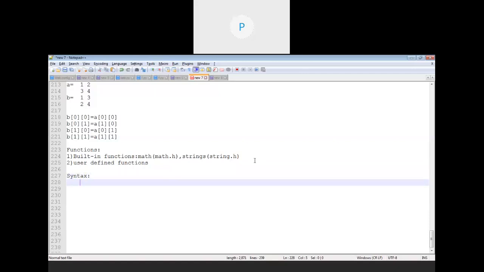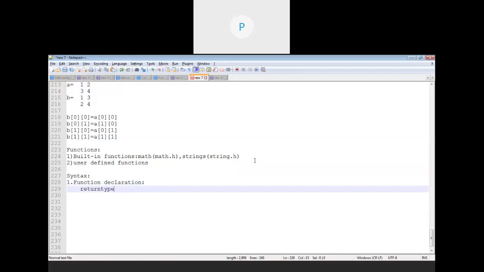For a user defined function the syntax is divided into three different parts. Which are those? Let's see. The first one is function declaration. For function declaration, we have to write just the return type, function name, arguments, and a semicolon. Means the function immediately ends with a semicolon.